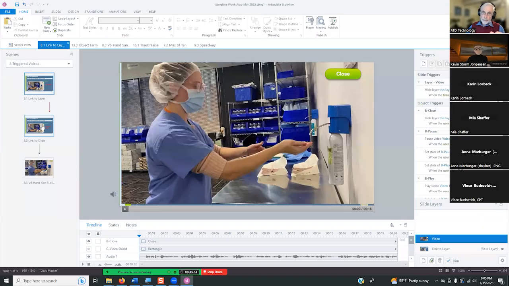No, the audio is on the base. It is not on the layer. But I basically had created a duplicate slide of the interaction with the media. Only one of the slides actually has the audio. So when they click on the button to go to the audio, it takes you to a whole new slide. It looks identical to the previous one, so the user doesn't even realize that they've changed slides.